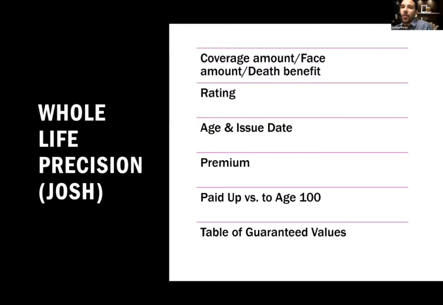And so does the rating. These are things you're supposed to look for when you're first picking up the policy. How much coverage do they have? Are they preferred? Are they standard? Are they tobacco? What age does it say on the policy? Because that's huge. If it says 43 years old on the policy, but they're 50